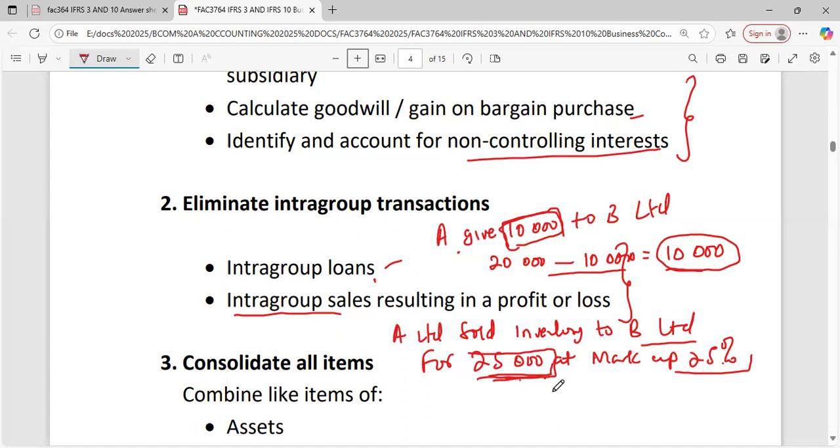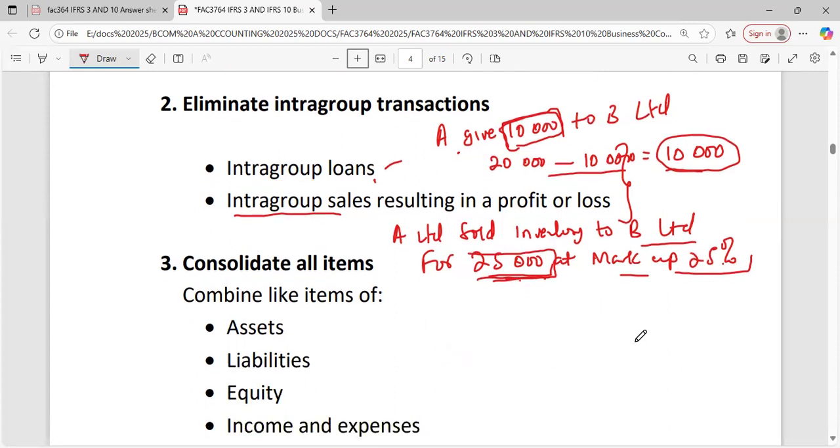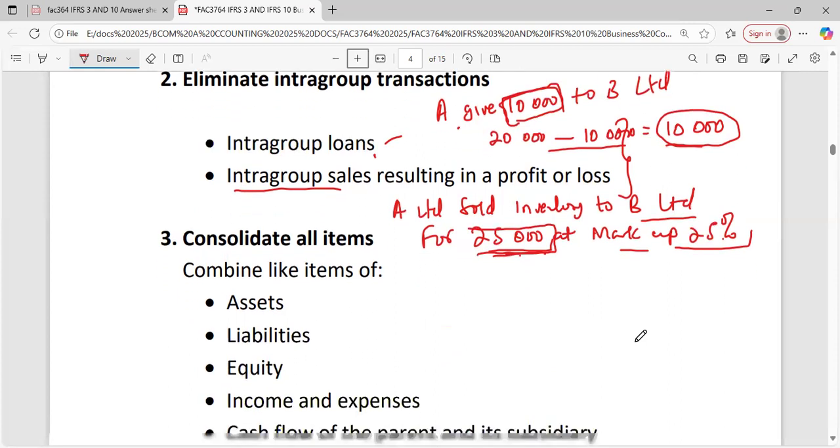How do you affect the tax implication in your calculation? It's very important, right? I think there's a lot on that in the questions. Right, when you have done your elimination of intra-group loans, intra-group items, intra-group sales, the next thing that you do